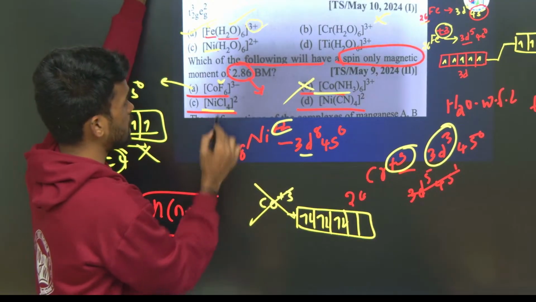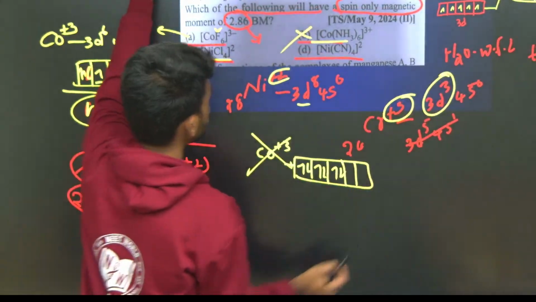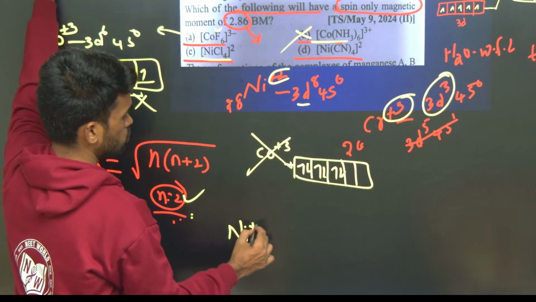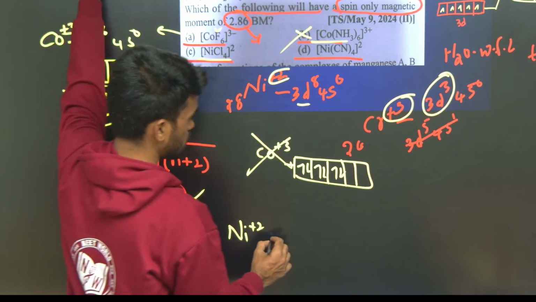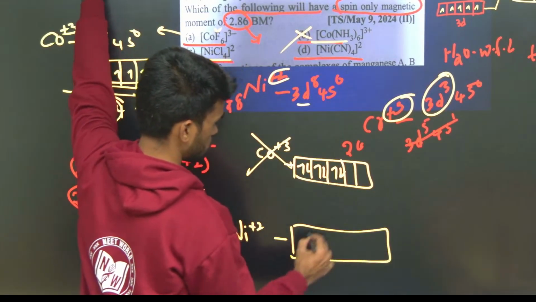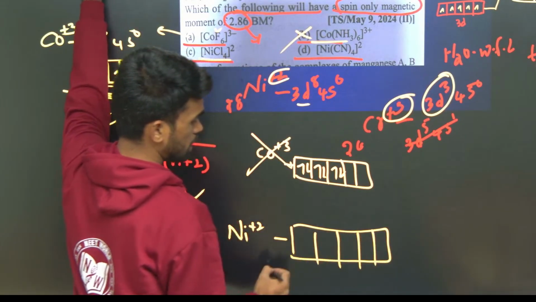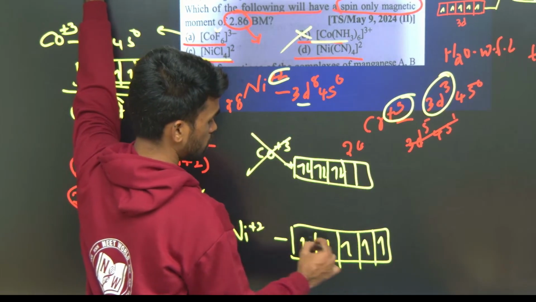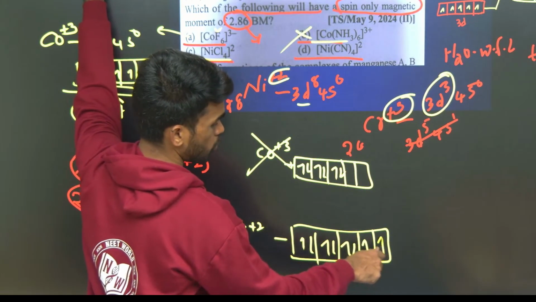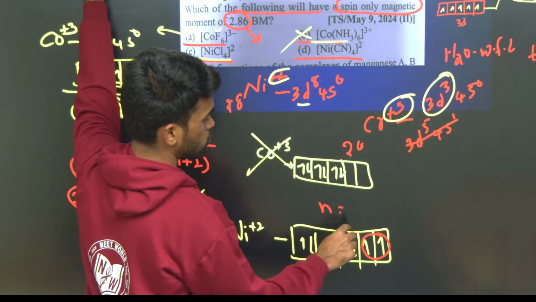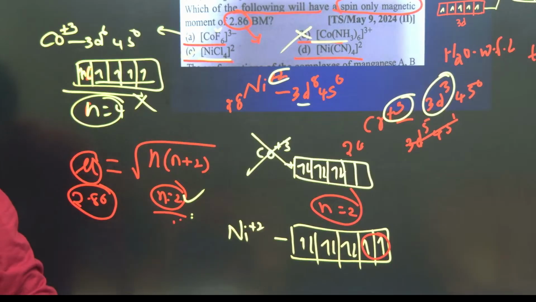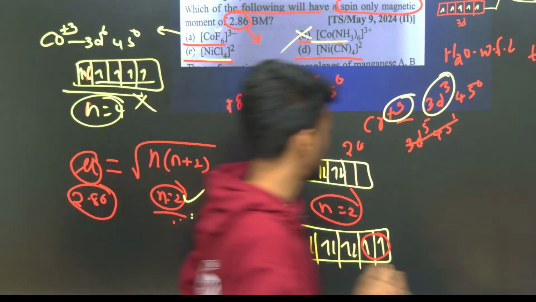Now next, nickel +2 here. So what happens here? 8 electrons are there, +2 means 1 2 3 4 5 6 7 8. So how many unpaired electrons are there? 2. So this will be our answer, that's it. Like this you should do this. Okay, next,